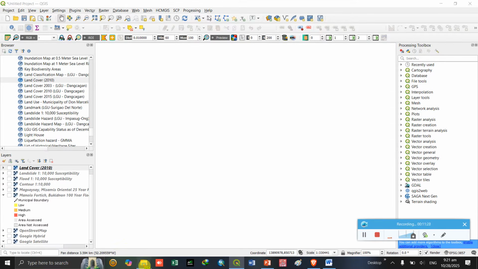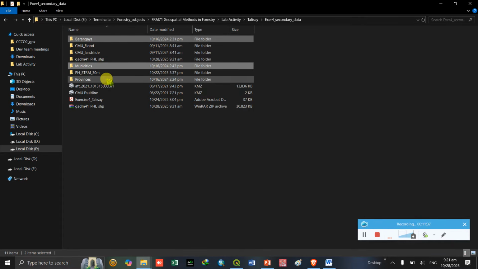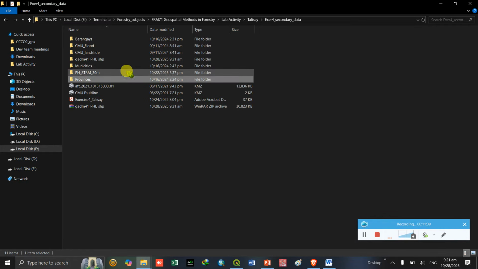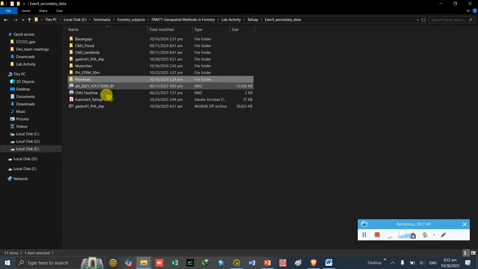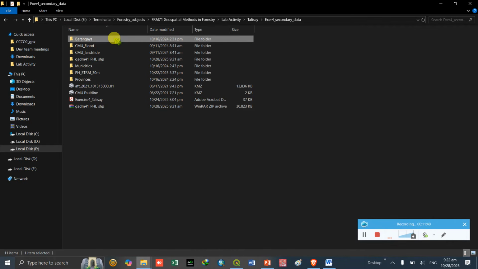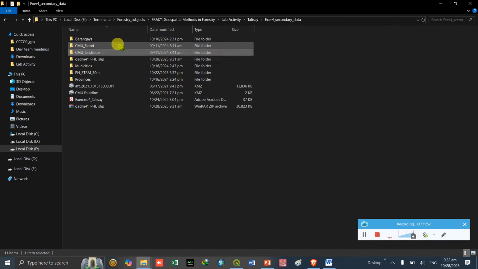And by the way, I have shared a folder named exercise for data, which I already downloaded and ready for you to load. No? So we have barangays, municipalities, provinces, and this is similar to GADM, and of course the NOAH.